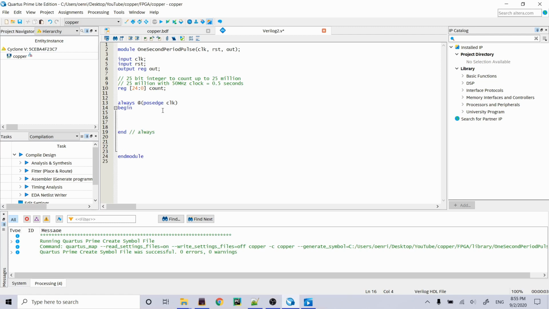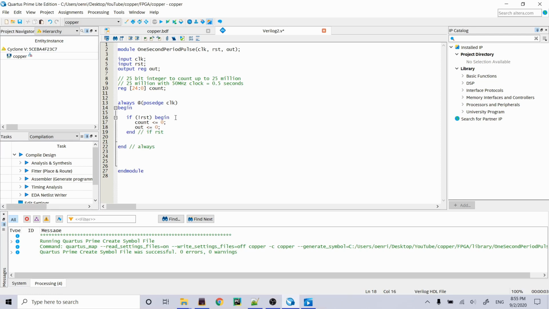First thing we're going to do is declare a default condition that's going to happen whenever our reset signal is not what we expect it to be. And we expect reset to be high all the time because it's active low. So we're going to look for if it's ever not high. If not reset, then we're going to do something. And again, I'm going to capture all that. So if not reset, because the user pressed the reset button or there's a power drop or something, we're just going to reset everything. So we're going to reset count to 0, and then we're also going to reset our output to 0. Okay,